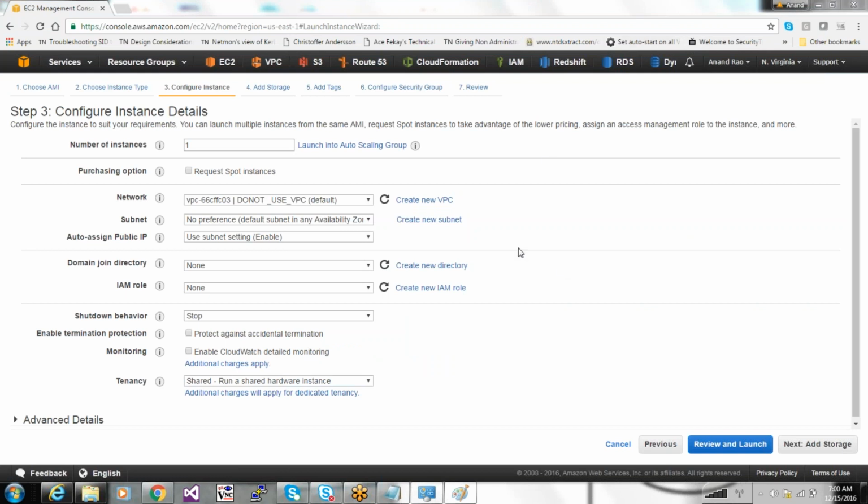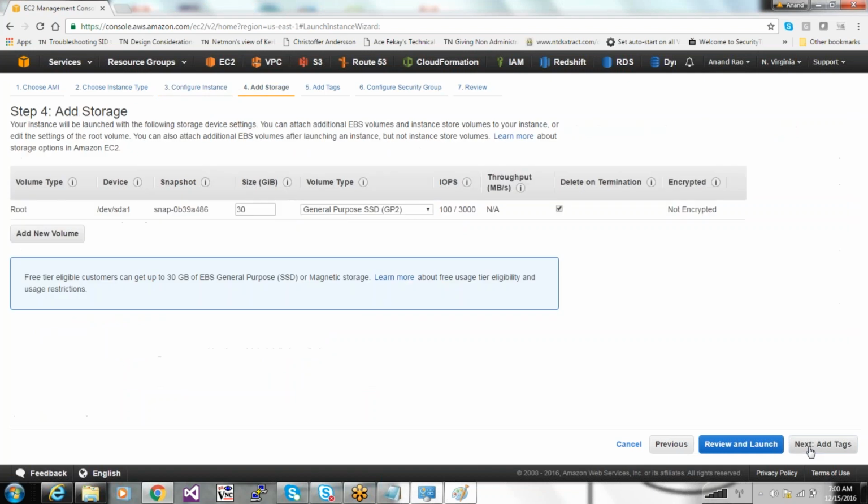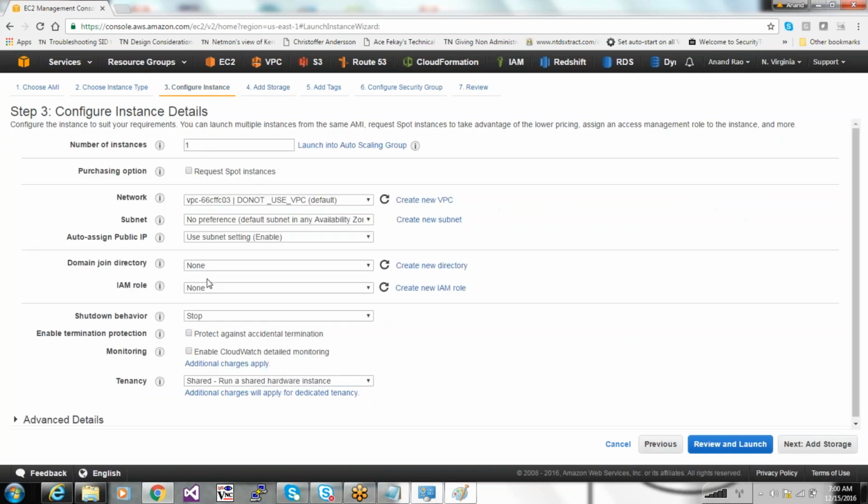So with those settings, we will cover these. You can just leave them as default for now and move on to the storage section, because I will explain these sections. Identity and access management is left. At the start of EC2, I'll explain them as we move on to the instance.